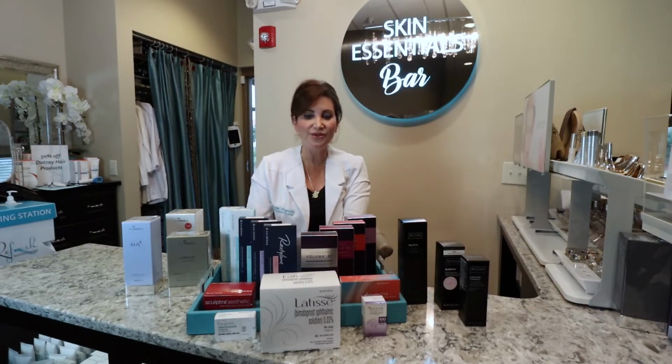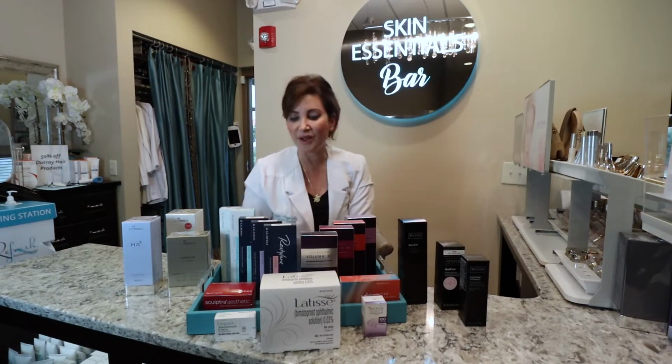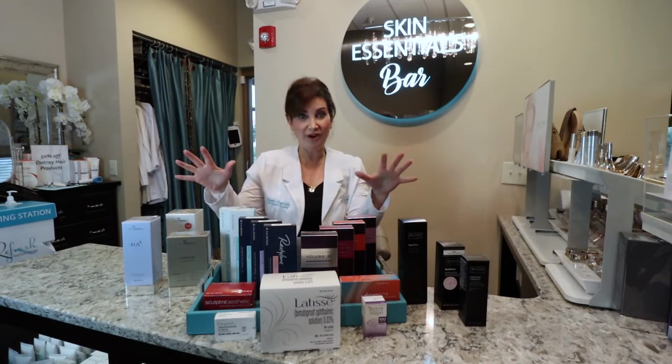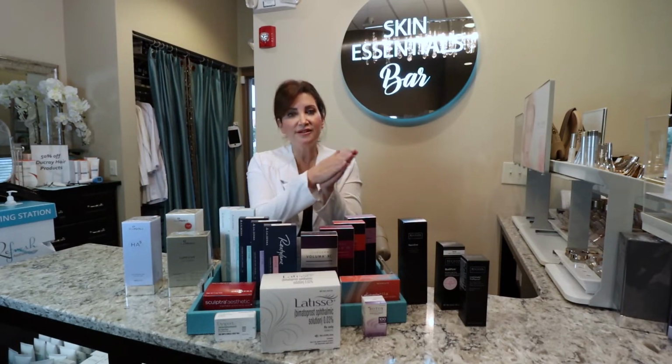Started using daily use, and now voila, this is the only thing I use, with a little lash lift and tint procedure done by one of our estheticians as well. So that's part of my skincare regimen and beyond. But moving beyond the skincare, we need to also think about how to address those expression